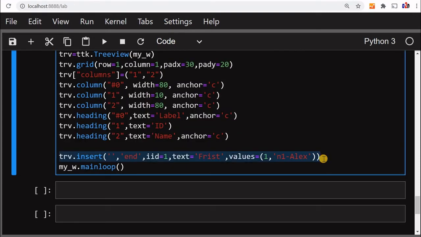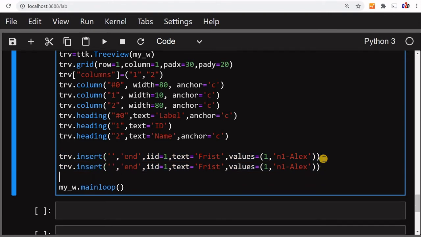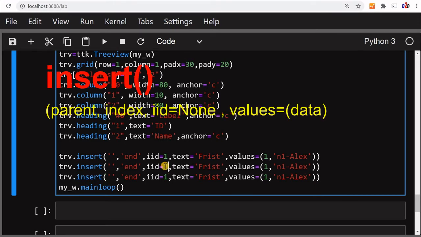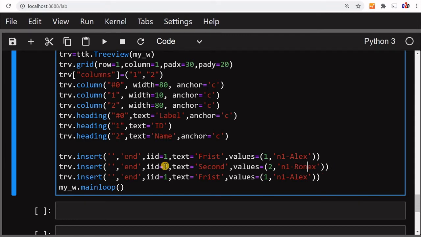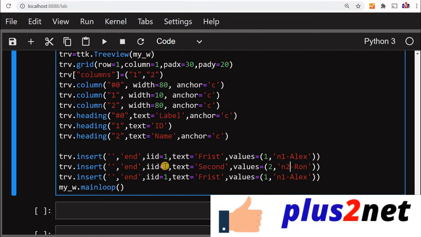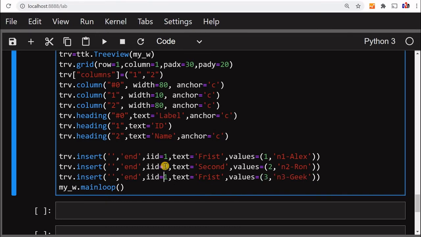Now we'll add more records to this. Let's add more rows to this, copy it and paste it. One more will go. So here we'll change the second one, we'll change the ID or unique ID. We'll write the text part as second, and the value here will change to 2. Then for our identification we'll change the text a bit. Now here we'll go for the third one, geek. You can give whatever text you want. Here 3. The ID I have to give a unique one, 3. So now let's run this and see how it looks.